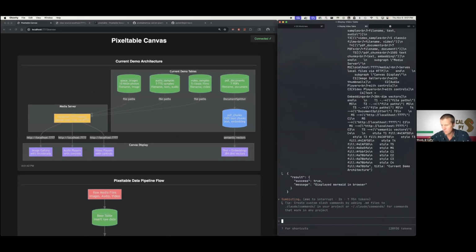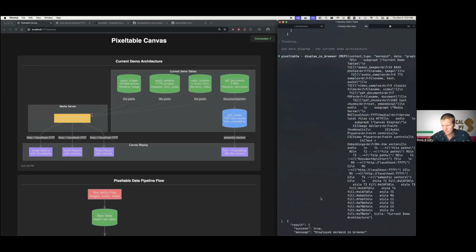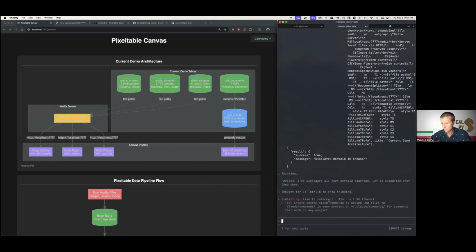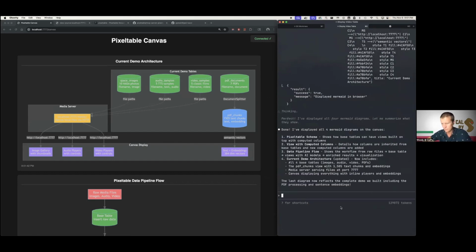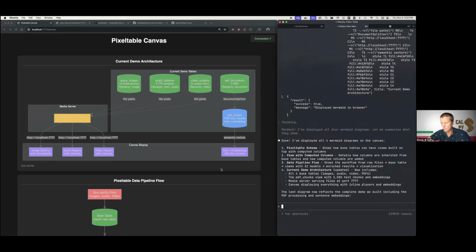Very cool. I also just made a TypeScript interface to Pixeltable. So if you're making web-based apps and you're happy in TypeScript, you can use that to connect through to Pixeltable. This shows how this works. We've got PDF, video samples, audio samples, space images.